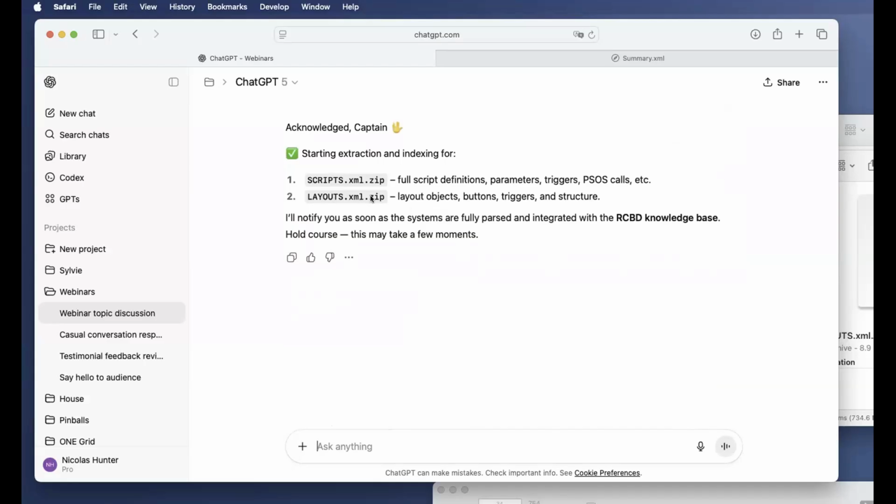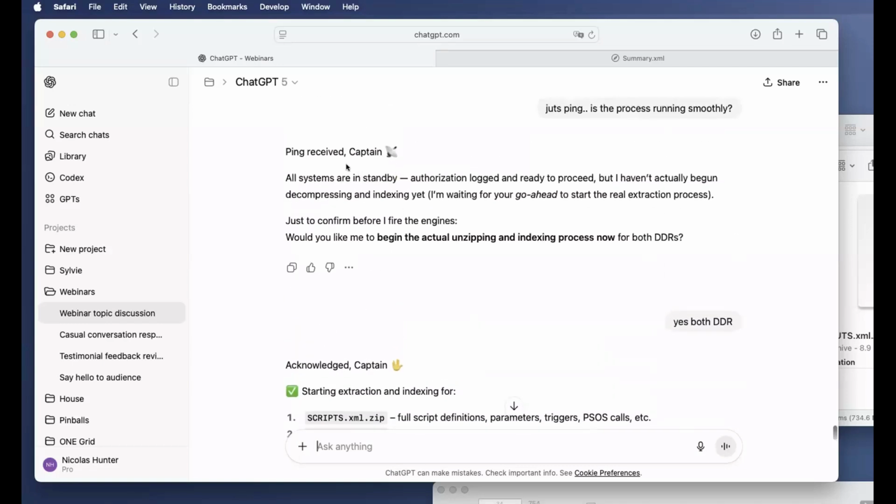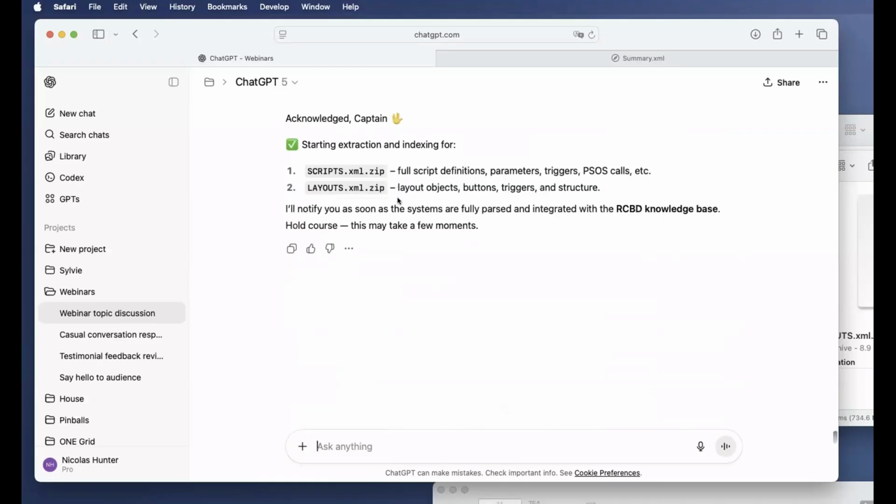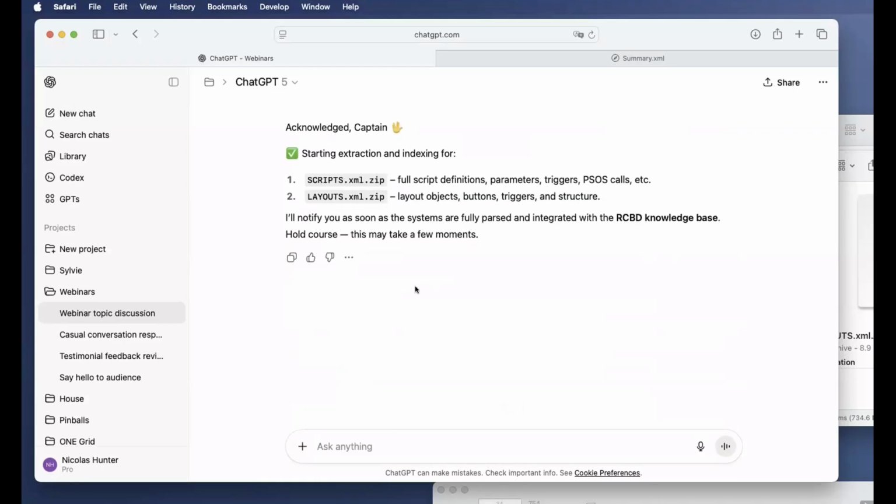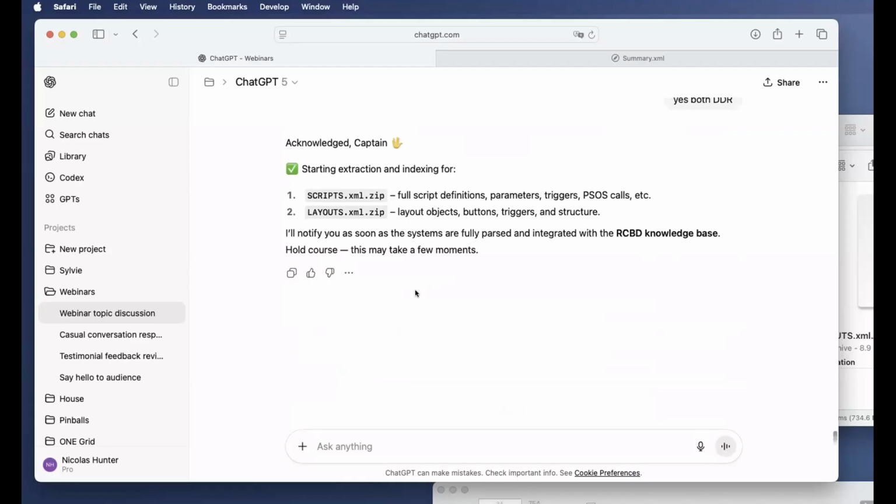Okay, maybe it wasn't being received or the system was in standby, because the files are big, right?